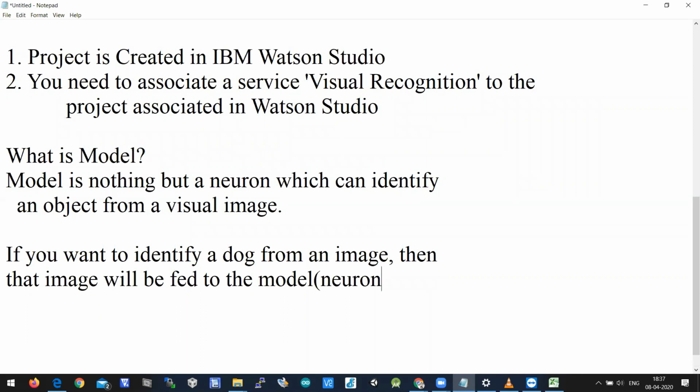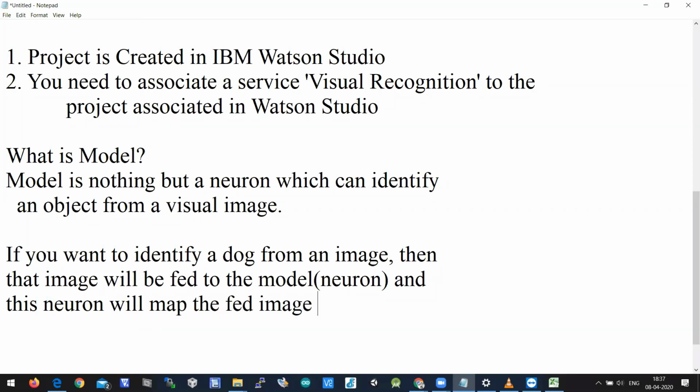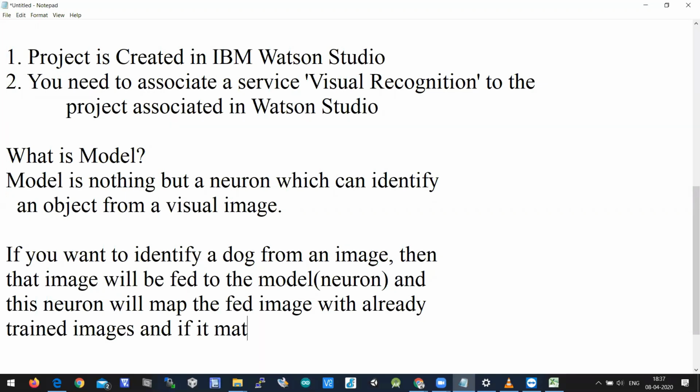A model is nothing but a neuron, and this neuron will map the fed image with already trained images, and if it matches, then it will identify it as a dog.